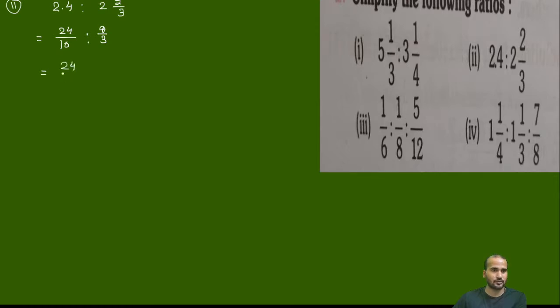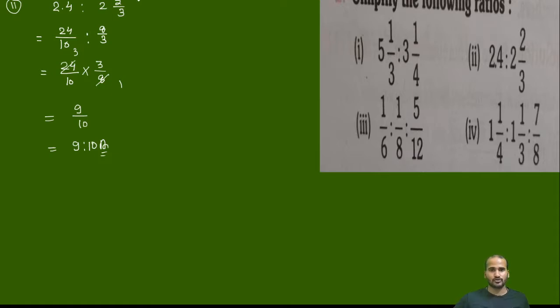This will be 24 upon 10, and this ratio sign will be changed to a multiplication sign, and this number 8 upon 3 will be changed to 3 by 8. Now if the number is divisible, then divide, otherwise just cancel it. So just look here, 8 1s are 8 and 8 3s are 24. So you will get 3 3s are 9 upon 10, and we will write this number 9 upon 10, and this is your answer.